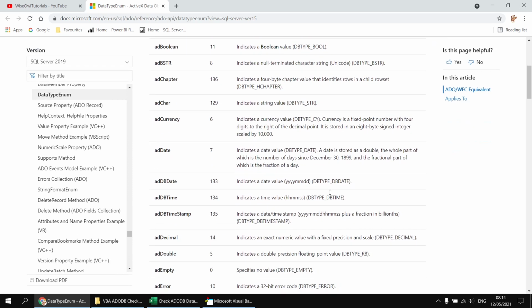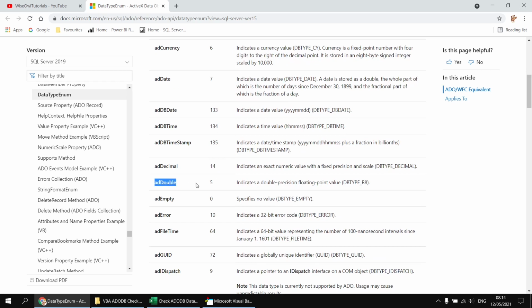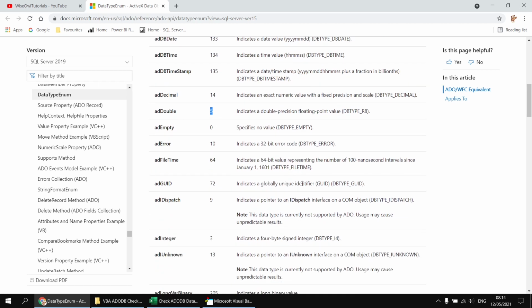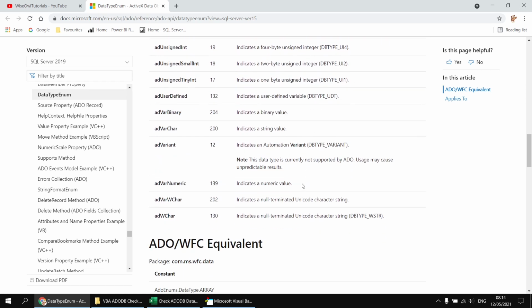So if we scroll down this list, we can find the number 7 there, which represents AD date, and that indicates a date value, unsurprisingly. Then if we scroll down a bit further, we can find AD double, which is the number 5. So all numbers in Excel are stored as double precision floating point numbers. And then if we scroll down even further, we can find the number 202 somewhere towards the bottom of the